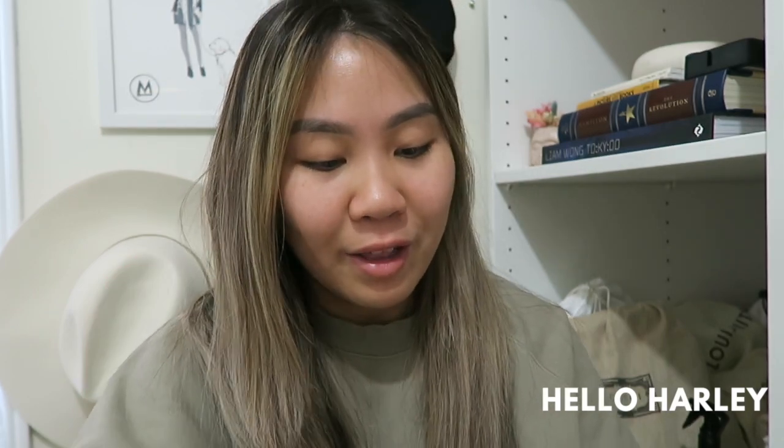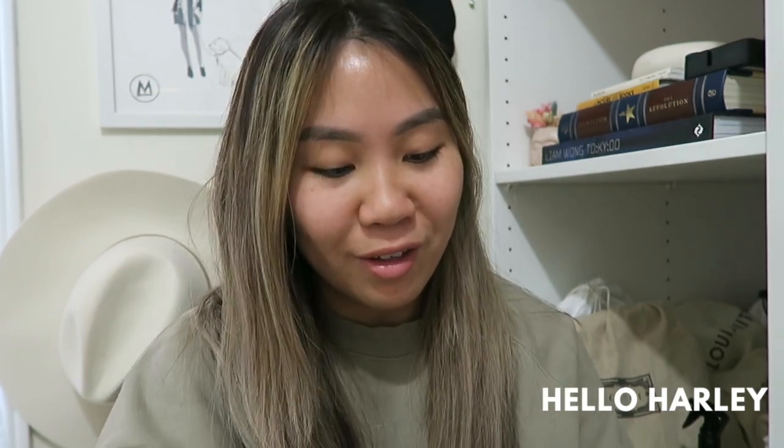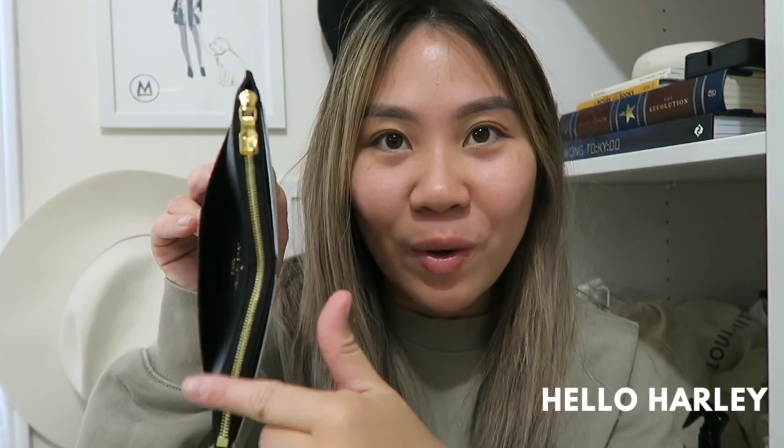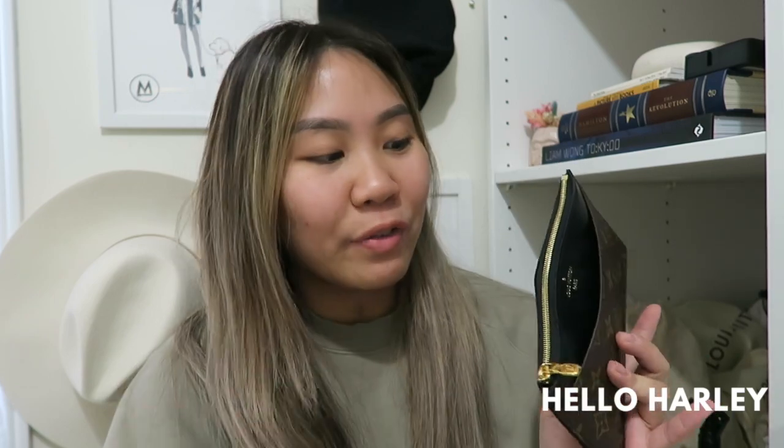I do keep a lot of my receipts, but I want to show you guys, if you do want to carry your lipstick, lip gloss, stuff like that, it just gets too bulky, especially with the cards inside. Do you see that? The zipper is buckling now to one side and then your pouch is open. You can use it like that. Nobody's gonna stop you, but then you have to realize that you're kind of stretching out and ruining the integrity of the piece. If you really wanted something that's gonna carry your cards and stuff like that,